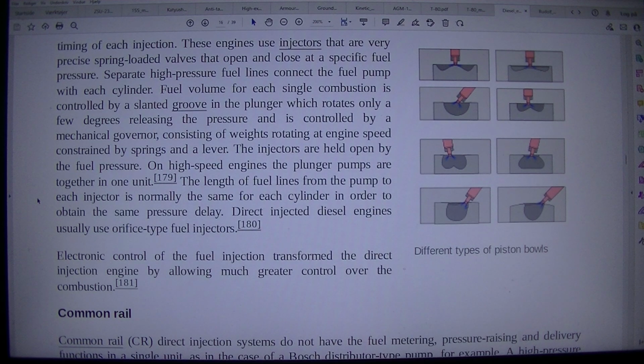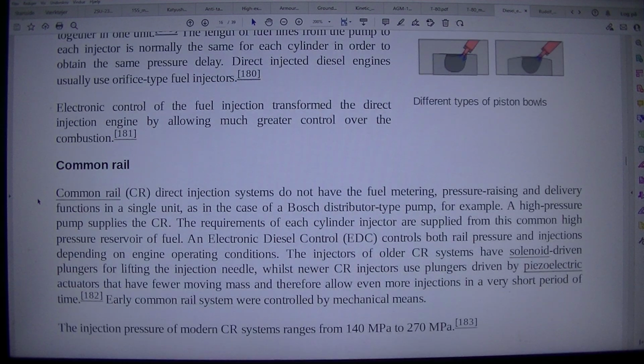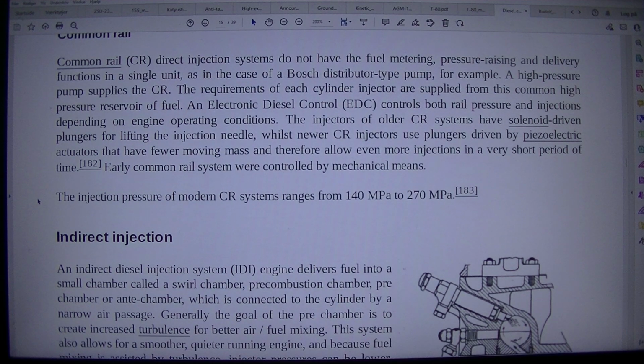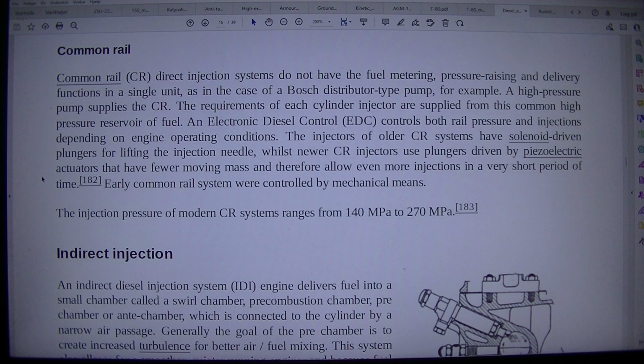Common rail, CR. Direct injection systems do not have the fuel metering, pressure raising and delivery functions in a single unit, as in the case of a Bosch distributor type pump. For example, a high-pressure pump supplies the CR. The requirements of each cylinder injector are supplied from this common high-pressure reservoir of fuel. An electronic diesel control, EDC, controls both rail pressure and injections depending on engine operating conditions. The injectors